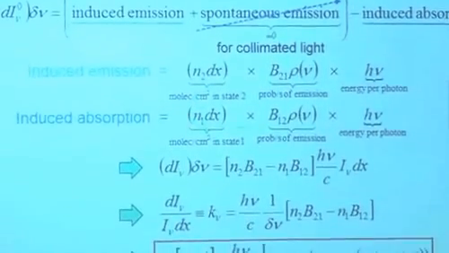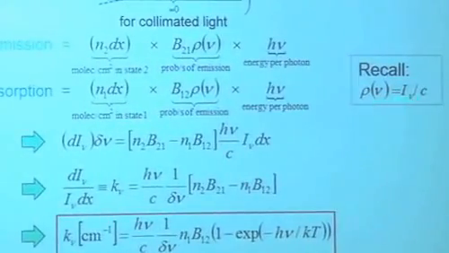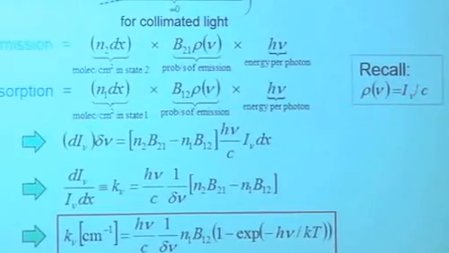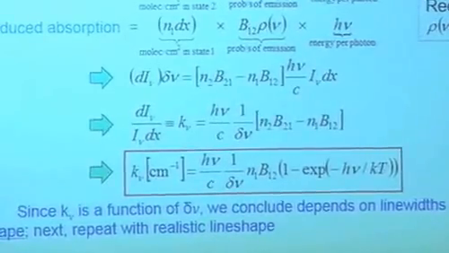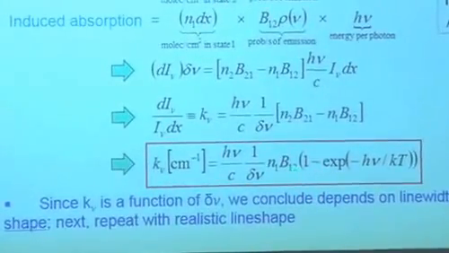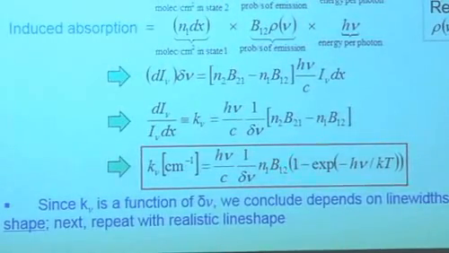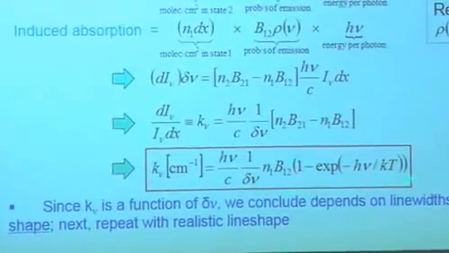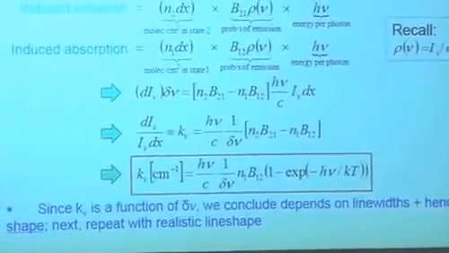Then I can look at the induced absorption, do the same thing, and substitute my relationship that keeps things simpler in terms of intensities, and I work through some algebra and derive this equation. And what's the significance of this equation? It gives me the absorption coefficient per unit length as a function of one of the Einstein coefficients and the number of molecules in the absorbing state. This term is called the induced emission term. In many cases, h nu over kT is such a big number that it's practically not there, but it's called the induced emission term. All this says is that the absorption per unit length